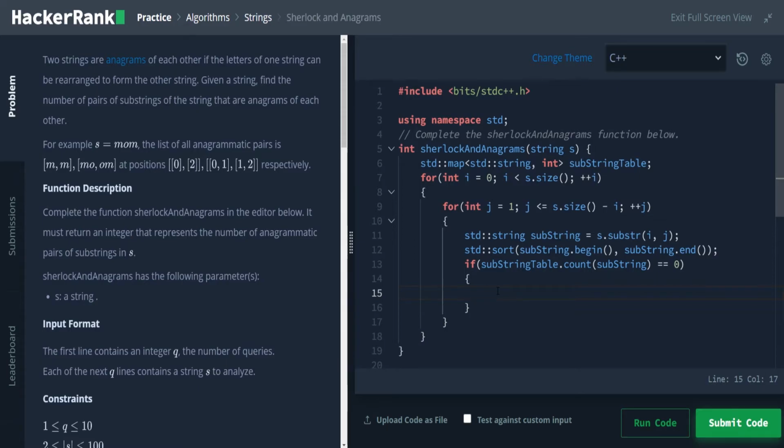You could also check to see if you can find the key, and if that returns an iterator to the end of the map, that'll also be useful enough. Okay, so let's check to see. So inside of here, we're going to say substring table substring is equal to 1,